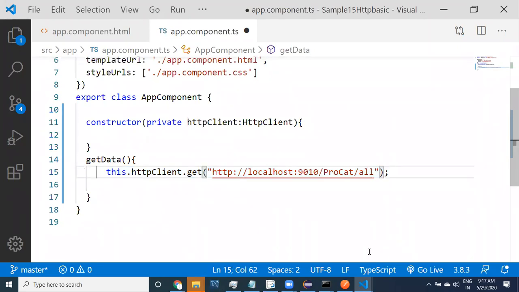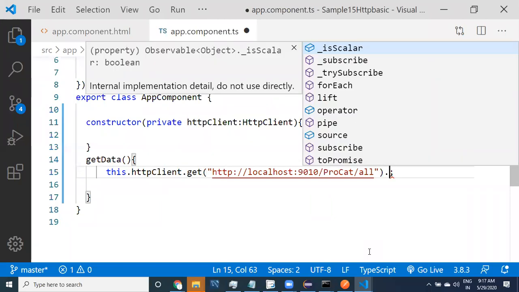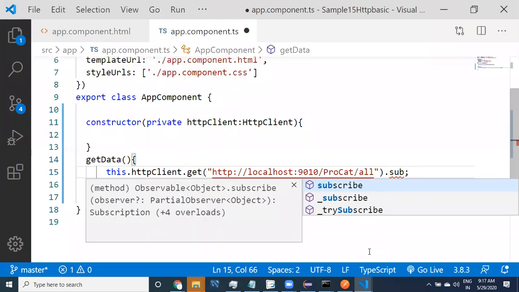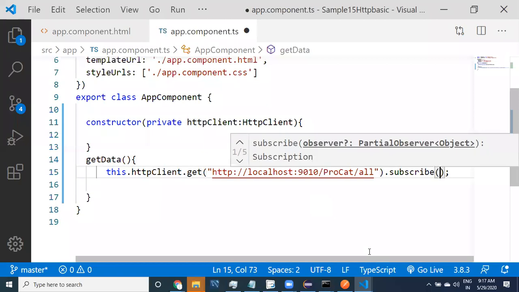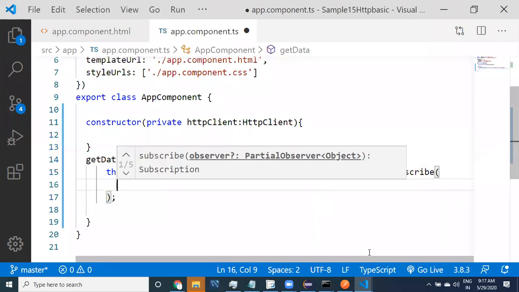It is only going to call if you subscribe to it. How to subscribe? By using the subscribe method, as we discussed earlier in the course.